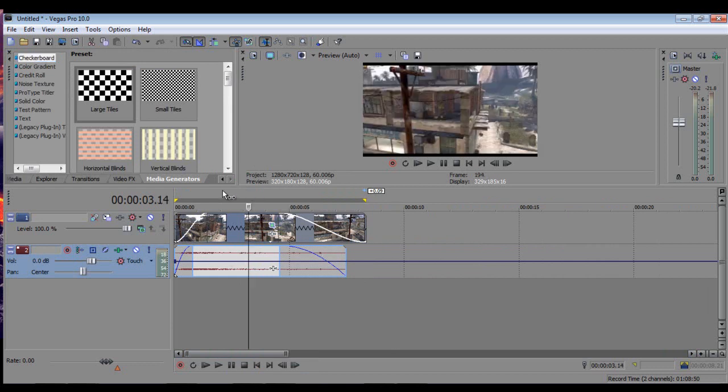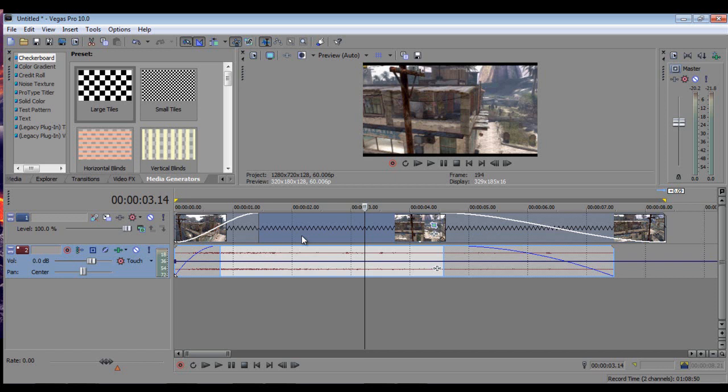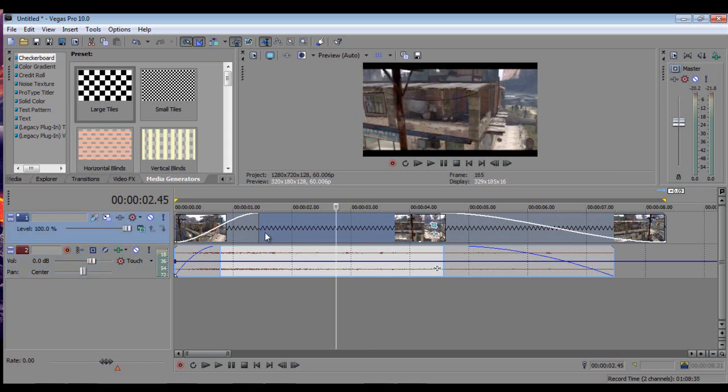Transitions. The way you do transitions and how to split your clips. Say you want to split your clip randomly, and I want to clip it right here. I want this side of the video to go that way and this side to go that way. So you just want to go to where you want to split the video and audio clip and simply